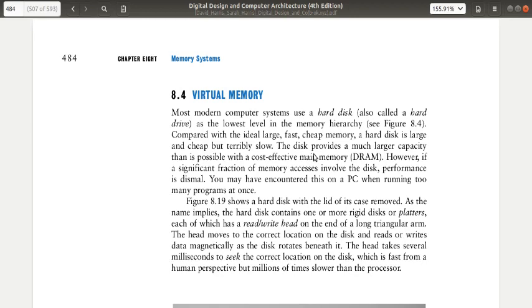In this lecture and the subsequent lectures, we will see how virtual memory is actually implemented, and how the physical hardware manages the requests for read and write coming from the